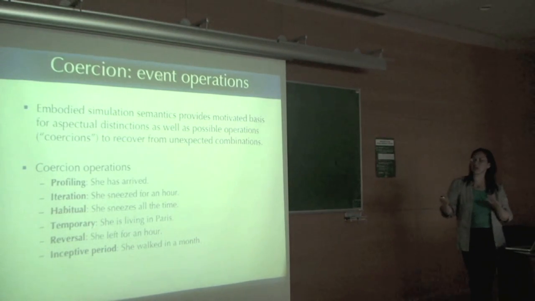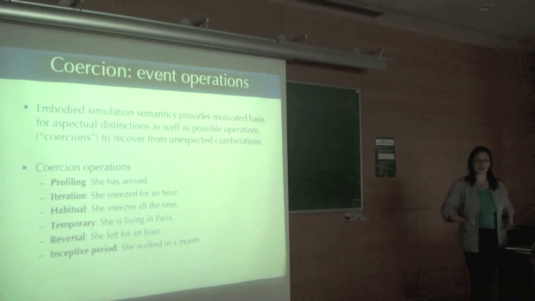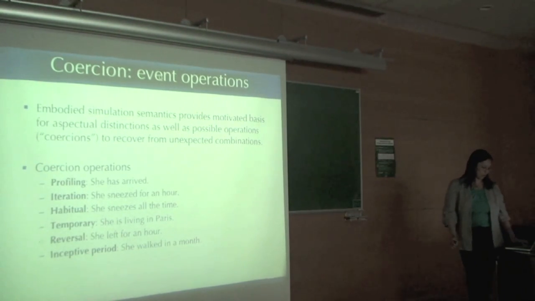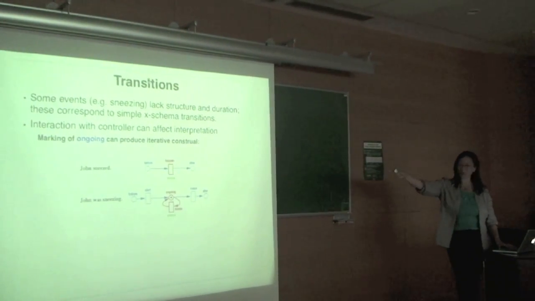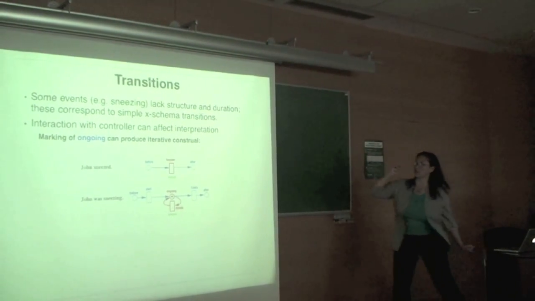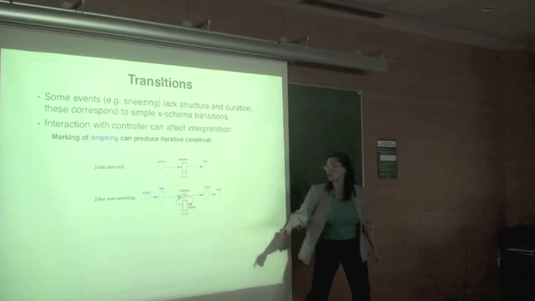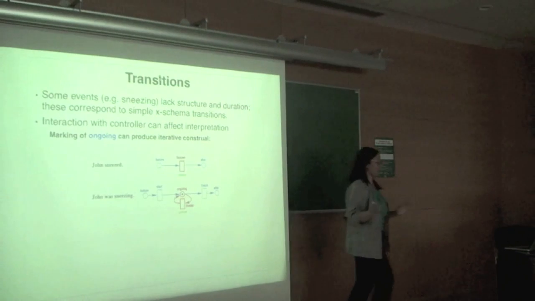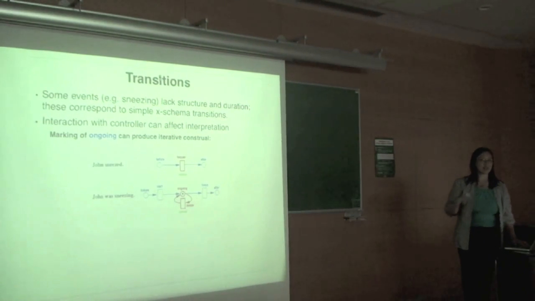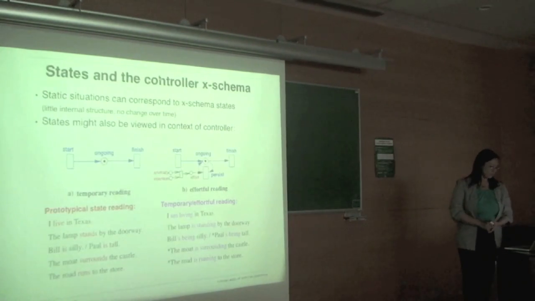So there are various things where you can explain the pattern of inferences. It's similar to what we've been saying all along. I think we've already been covering enough that with the sneezing, you're looking for a sneeze, and so you transform this graph in some sense from one sneeze into many sneezes. Okay. So just to reinforce that, now we have a way of doing this stuff. Okay, I guess I'll come back to states.